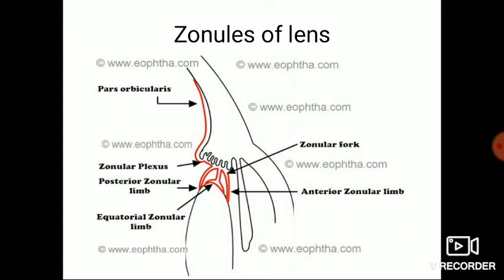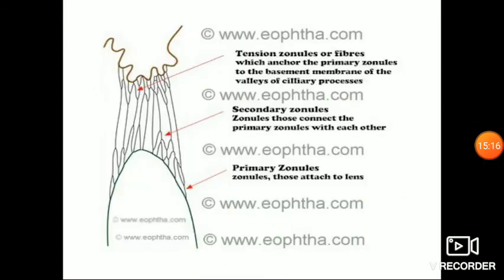These zonules blend within the basement membrane of the lens capsule, and this part of the lens capsule is known as the zonular lamella, and it is richer in glycosaminoglycans than the rest of the capsule. Most of the zonules attach to the pre-equatorial and post-equatorial region of the lens capsule, approximately 1.5 mm from the equator, and a few attach to the equator. The pre-equatorial zonules are relatively denser than the post-equatorial zonules.